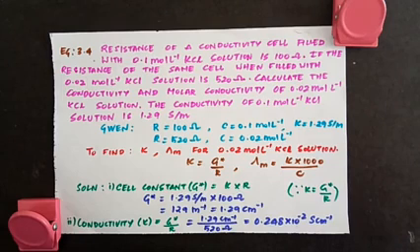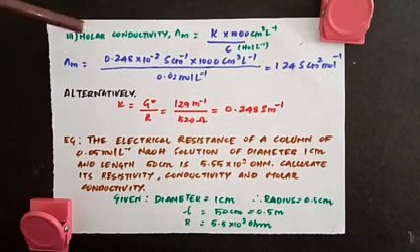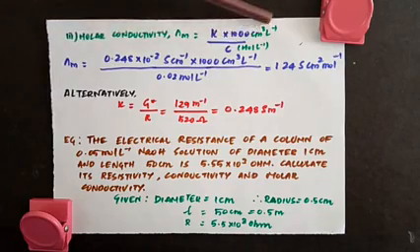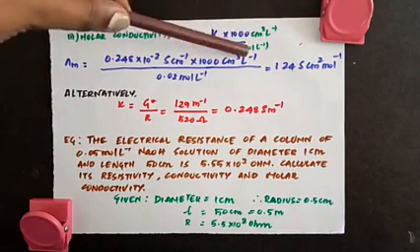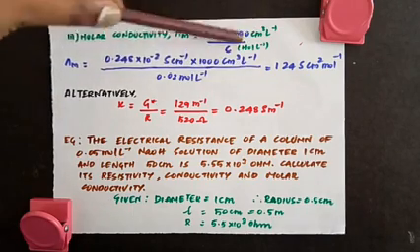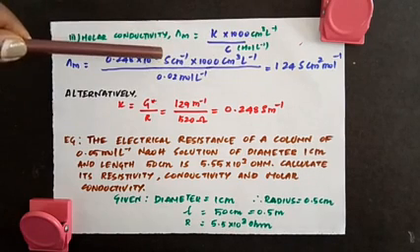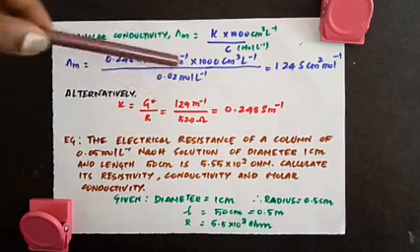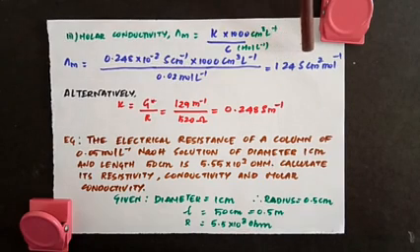So the next step is to calculate the molar conductivity, which is del M. I've told you molar conductivity we are going to calculate in Siemens centimeter square mole inverse. So what formula do we usually use? Kappa into 1000 divided by molarity. So kappa into 1000, which is expressed in centimeter cube liter inverse, by mole liter inverse. Just now I have explained this relationship. So del M is equal to, we have found the value of kappa to be 0.248 into 10 to the power minus 2, into 1000 divided by 0.02, that is the concentration given. So you get a value of 124 Siemens centimeter square mole inverse.